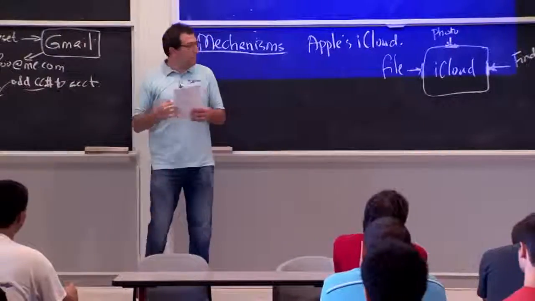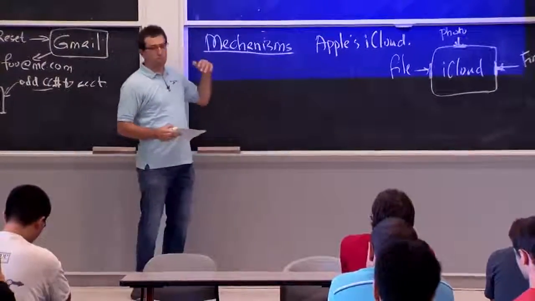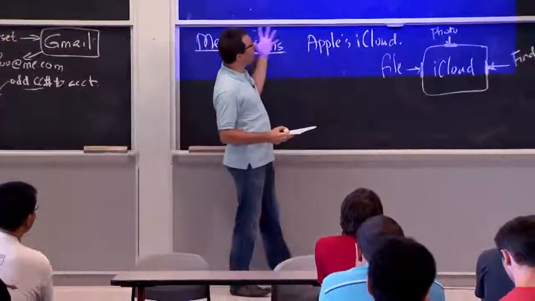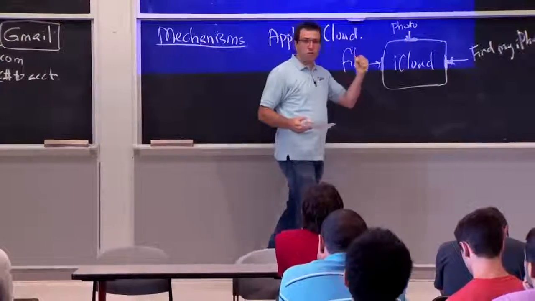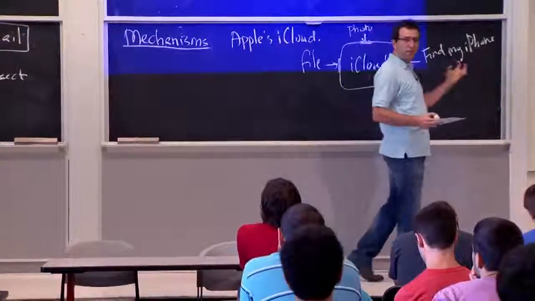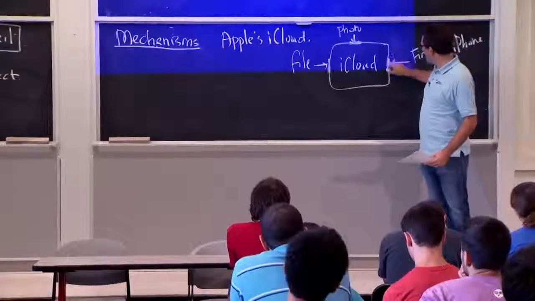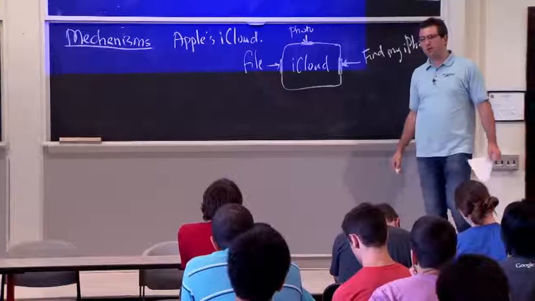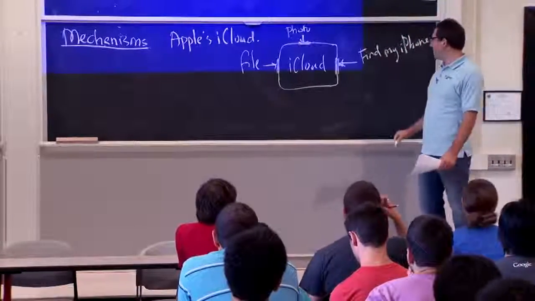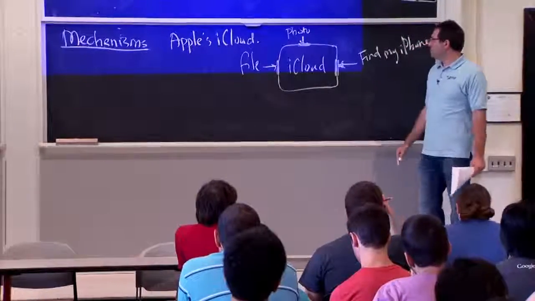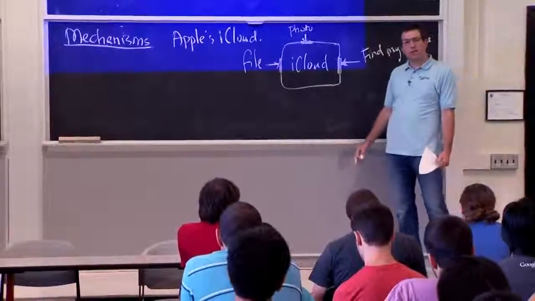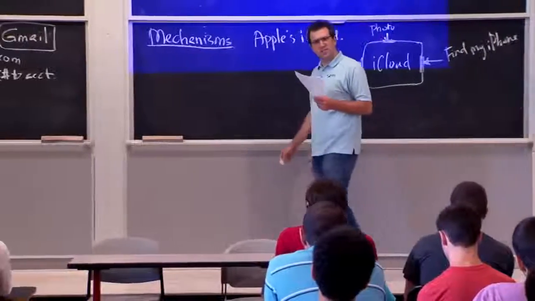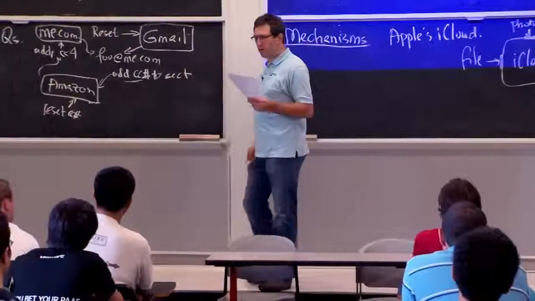So this is an example where you had the right policy: only the user with the right password would get you access to the files. You even had the right threat model, that the bad guy might be able to guess the password, so we'll have to rate limit the number of guess attempts. But he just screwed up. The mechanism had a bug in it. We just forgot to enforce this right policy and mechanism at some interface. And this shows up again and again in systems where someone just made a mistake, and it has pretty drastic effects on the security of the overall system. Does this make sense? Any questions so far?